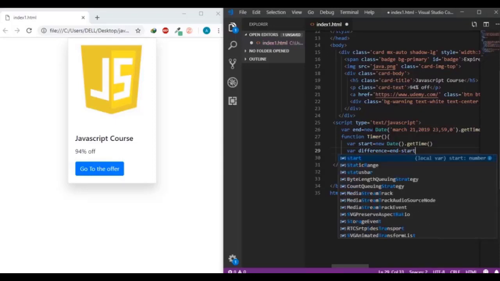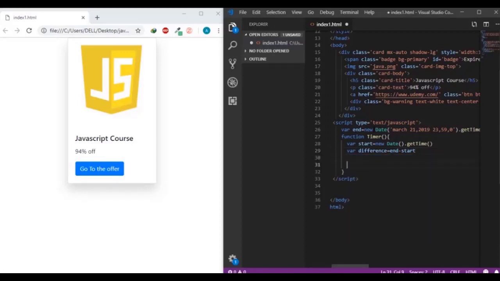Then let me define the hours, the minutes, and the seconds. So a variable to define the hours, and this variable will be equal to Math.floor, which is a function that rounds the number down to the nearest integer. So inside this function, I want to return the integer number for